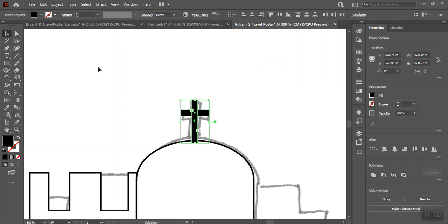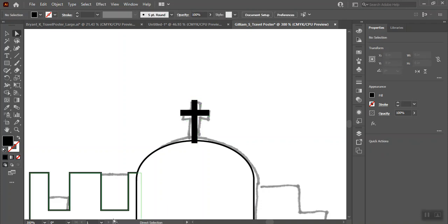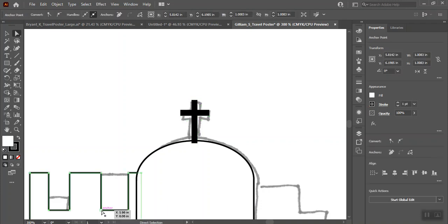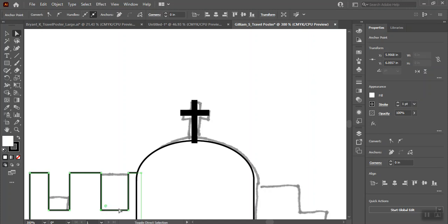And I can put those together with the Shape Builder tool. Add, add. So now that's one shape, okay? And if you want to adjust this, you can also adjust these points, and you can move these points up. So I can take my direct selection tool that adjusts points, and I can click here and hold down Shift and click here. Then I can just move that line up so that it goes up to the top of